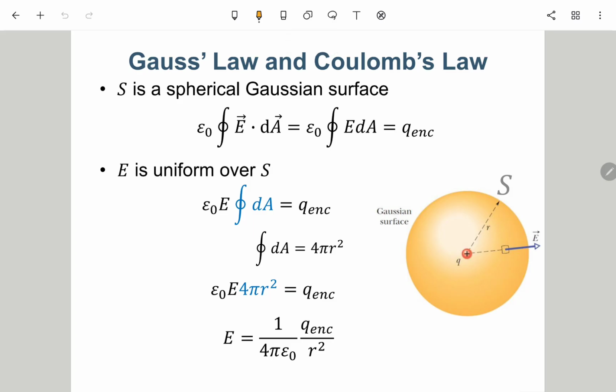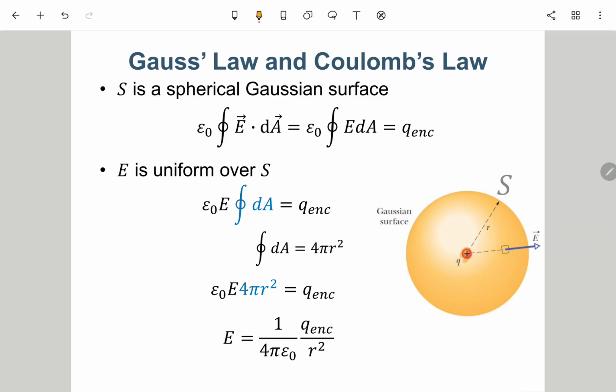So here it says the Gauss law is actually compatible with Coulomb's law. Or actually they are equivalent to each other for this case. Okay, so what it means is that,